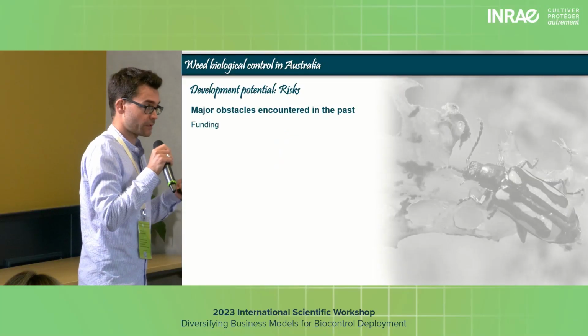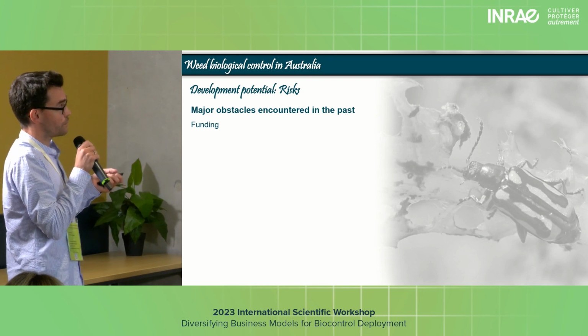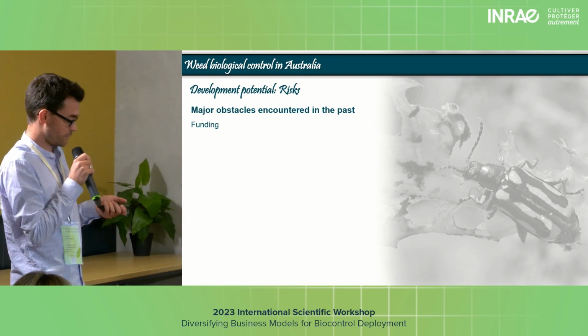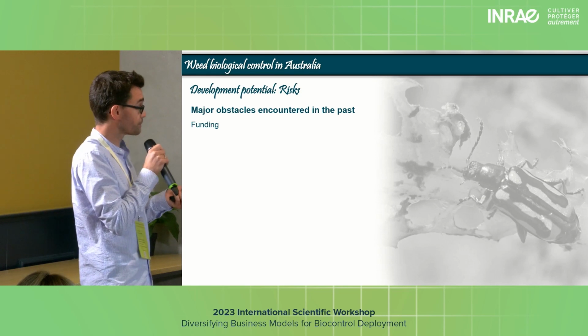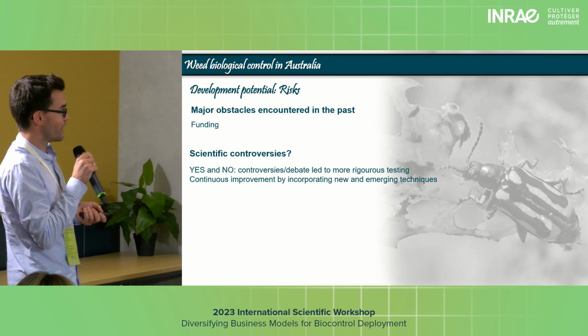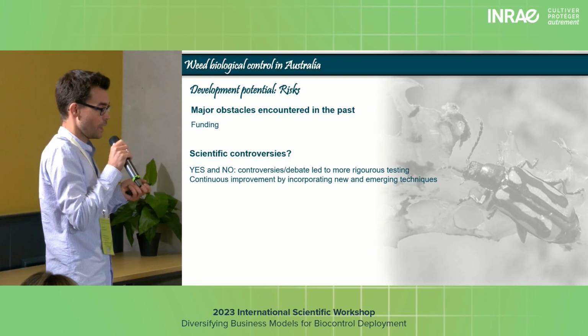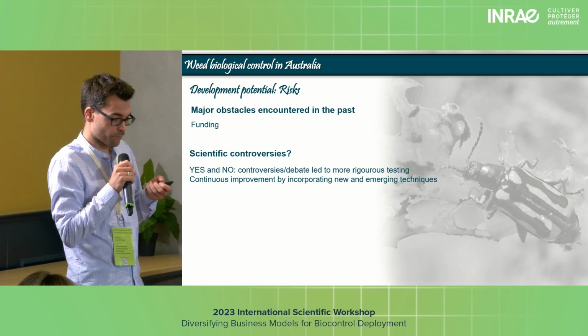So yes, of course, there is a major obstacle encountered in the past, but also in the present and in the future. And I think that the biggest problem is the funding, because if there is no funding, there is no project. The scientific controversy. Yes, in Australia there is some controversy, yes and no. As I said, with the